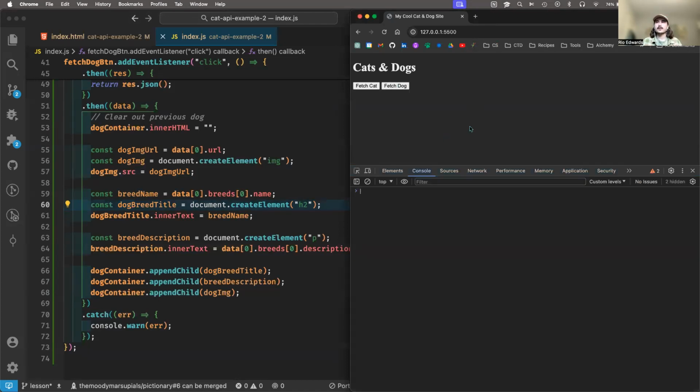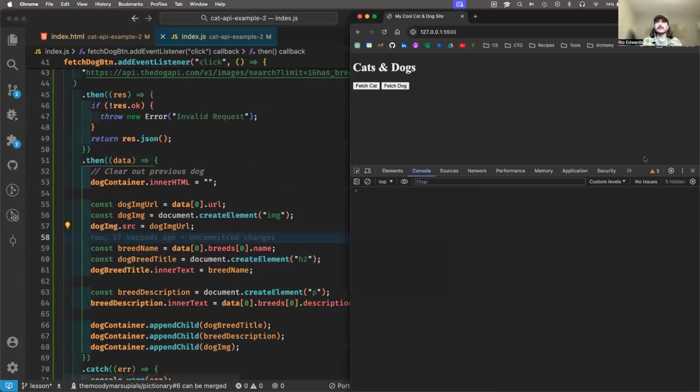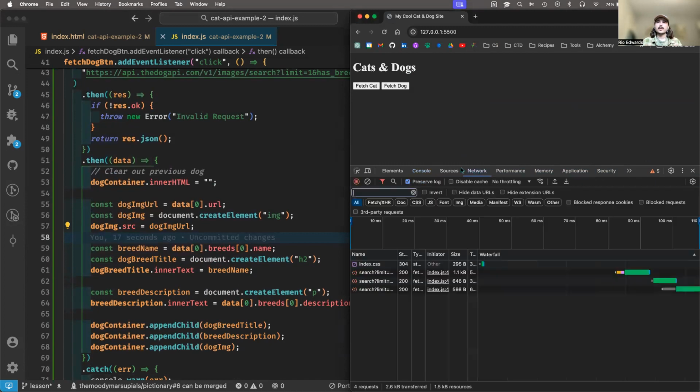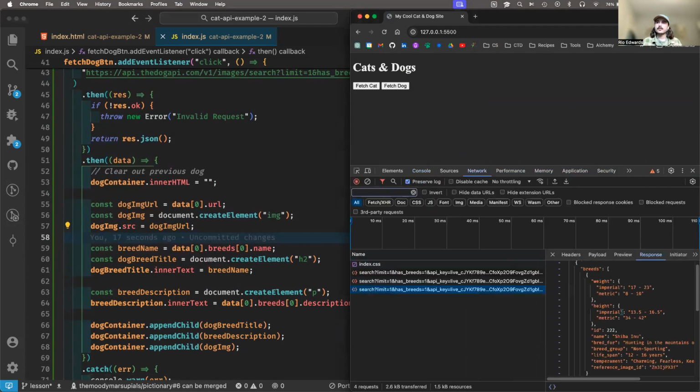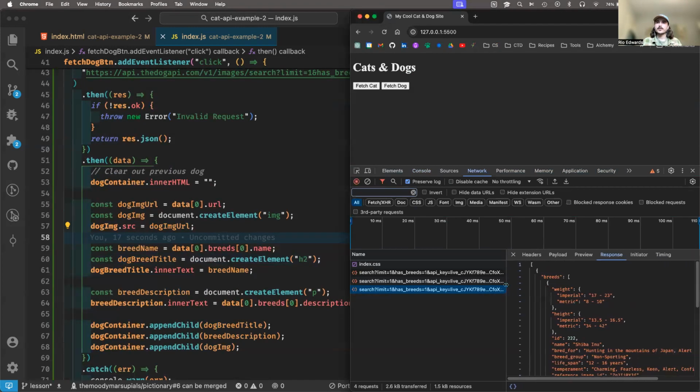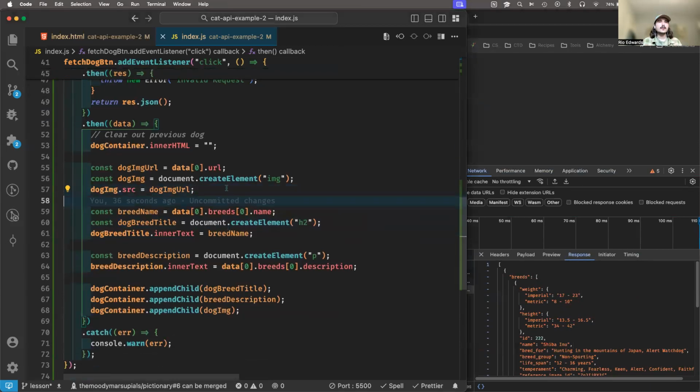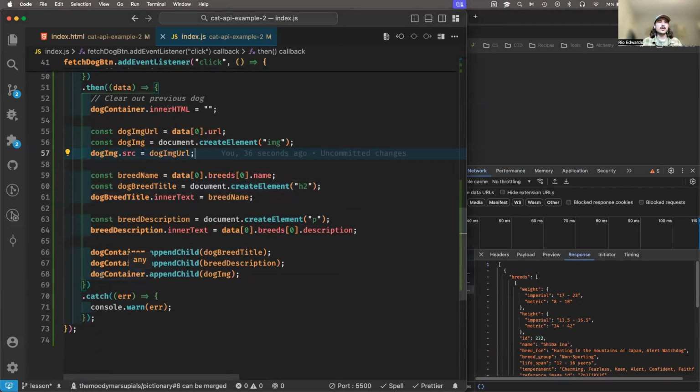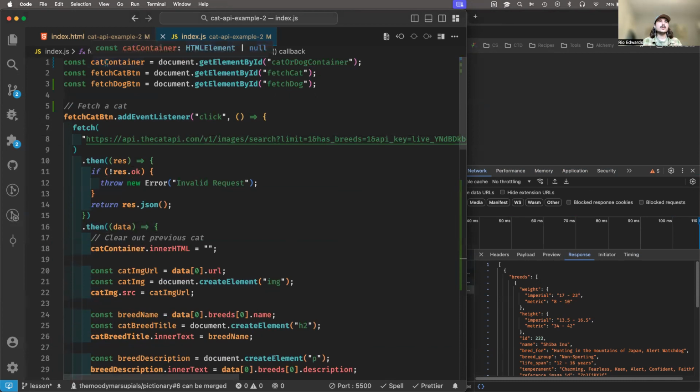Okay, that's not working. Let's see. I'll open the console. Fetch dog, not working. It's not showing us any information about why it's not working. I can check in my network tab and see. Okay, so I am still getting an answer back with my dog information. Let's see what changed. Oh, okay, so I'm saying dog container dot append child. I'm guessing I need to change this. We change this to cat or dog container, so I'm going to change this container to cat